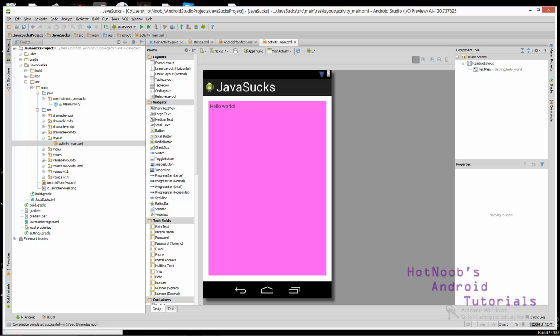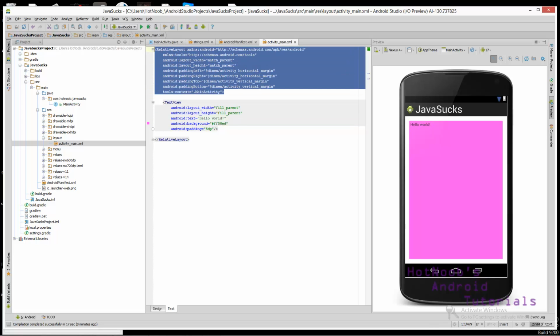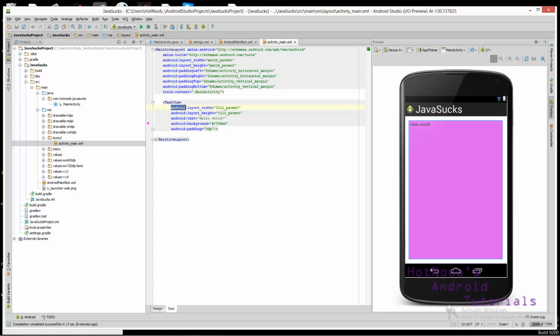Okay. Now let's say you don't want to use this design view, and we can go to text, and well, look, we can actually explain this. So we have some text here. We have a bunch of stuff up there. For now, you can just ignore all that. Sorry for my language. I'm in IT, we swear.